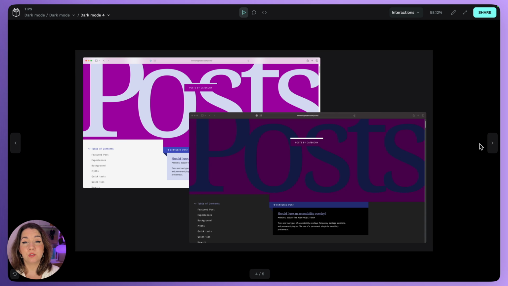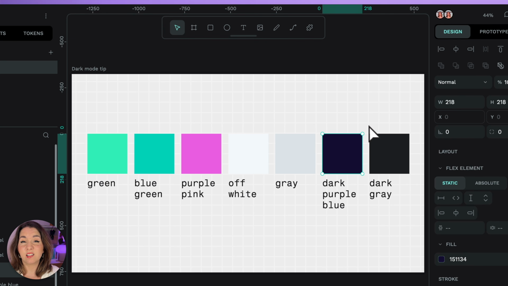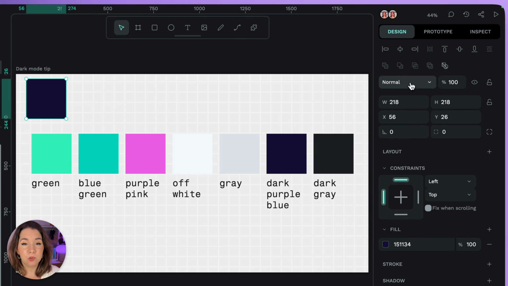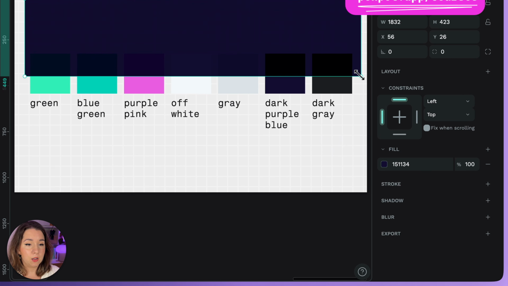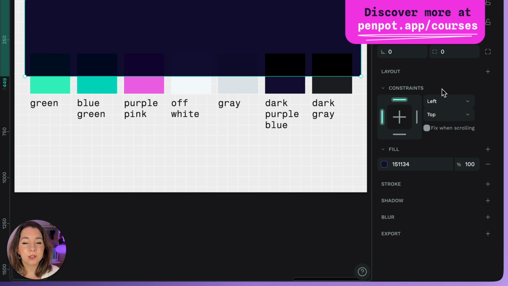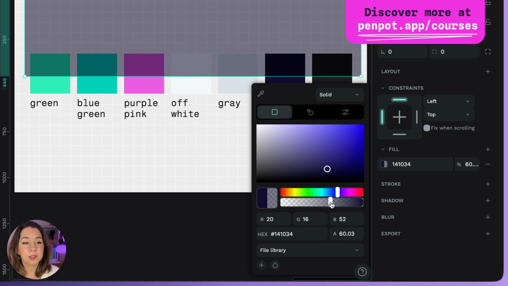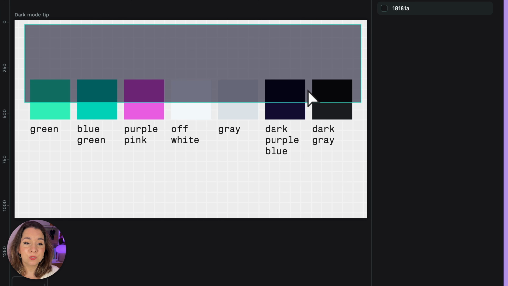One trick I use for dark mode colour palettes is overlaying a deeply saturated dark colour on top of my light mode colour palette, usually one of the darker colours in my existing colour palette. So I'll set its blend mode to multiply and cover up my swatches, and then I adjust the opacity of the colour until the underlying colours are visible and distinct from each other, and then I use these colours as